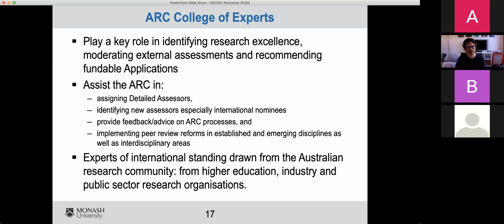but the panel is drawn from all universities in Australia, and they have varying research intensiveness. So these are not the total top of Australia's research achievers. These are representatives of Australia's research community. So there's a distinction there. There's an important subtlety.